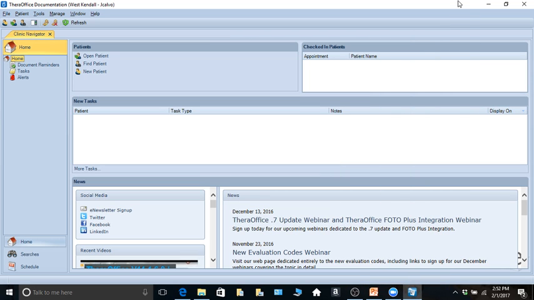In this video, I'm going to show you how to scan images into your patient's file and also how to create encounter notes. Now, this video is just pretty much an extension of the module you just watched, just to go a little bit more into detail on how to exactly do things in TheraOffice when it comes to scanning and creating encounter notes. So the first thing you want to do is log into your TheraOffice